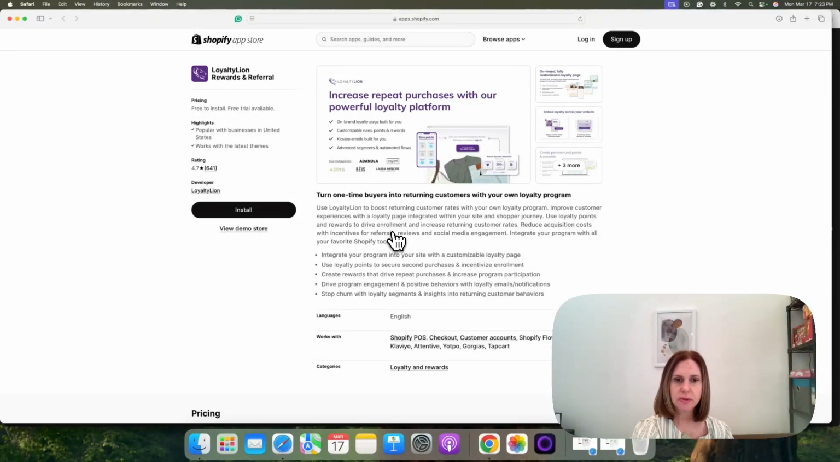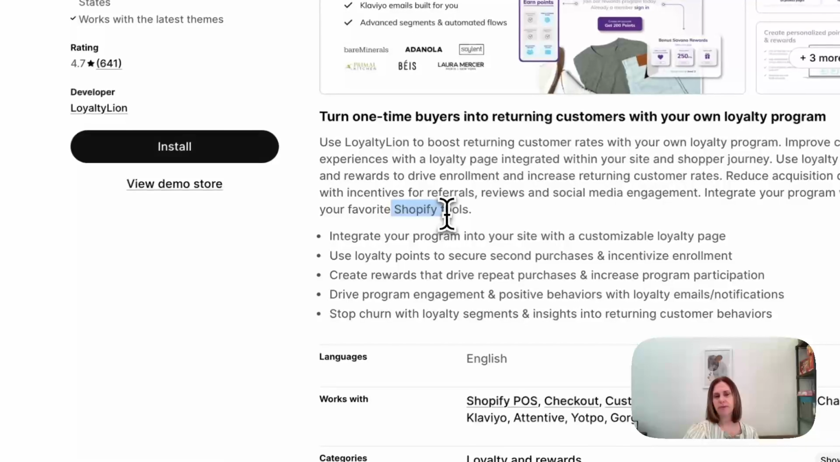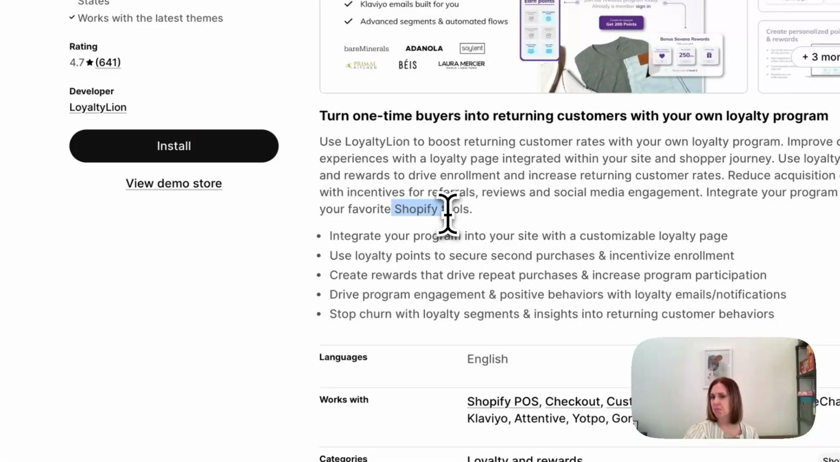Improve customer experience with loyalty page integrated with your site and shopper journey. Use loyalty points and rewards to increase returning rates, reduce acquisition. This is all pretty good. Whoever did this knows what they're doing. I don't think you can say the word Shopify. So if I'm wrong, tell me, but I don't think you can. Program into your site with